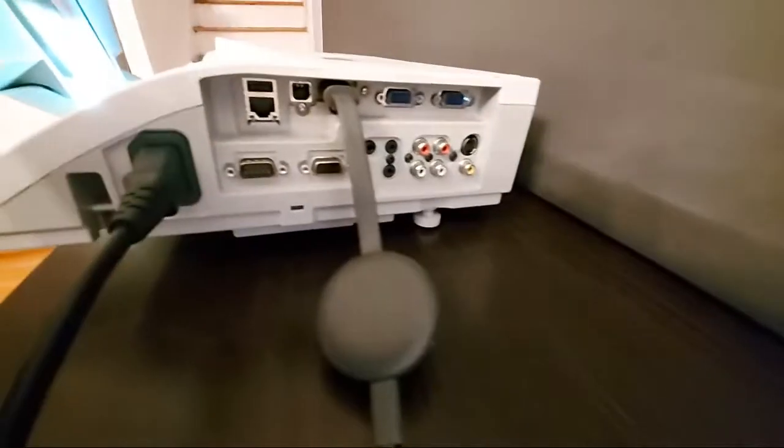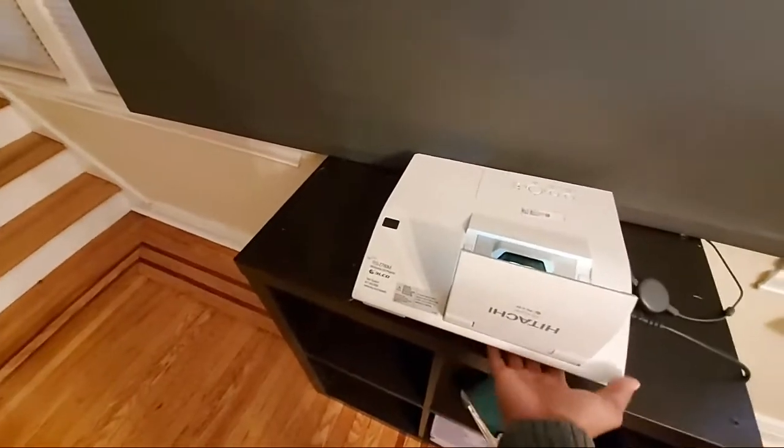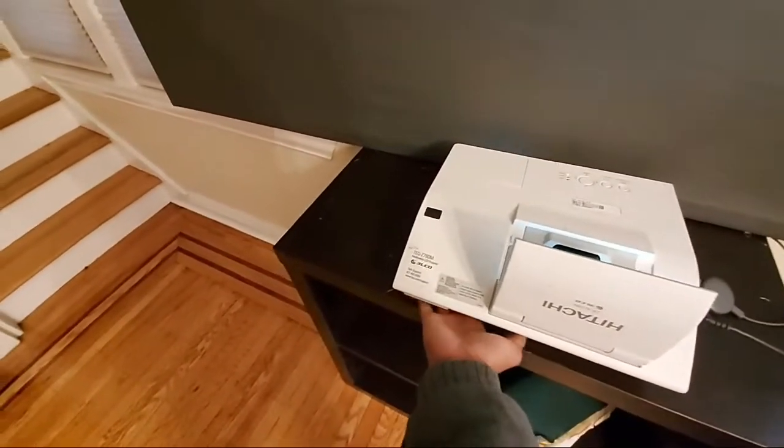Sometimes they have them with the filter. That's where the fan is next. I can feel the heat from there. And there's no focus button here. Usually ultra short throw ones have a focus in there somewhere, because I know it's not using the automatic focus. All right, let me go over here and get the video. Another video here. All right, so